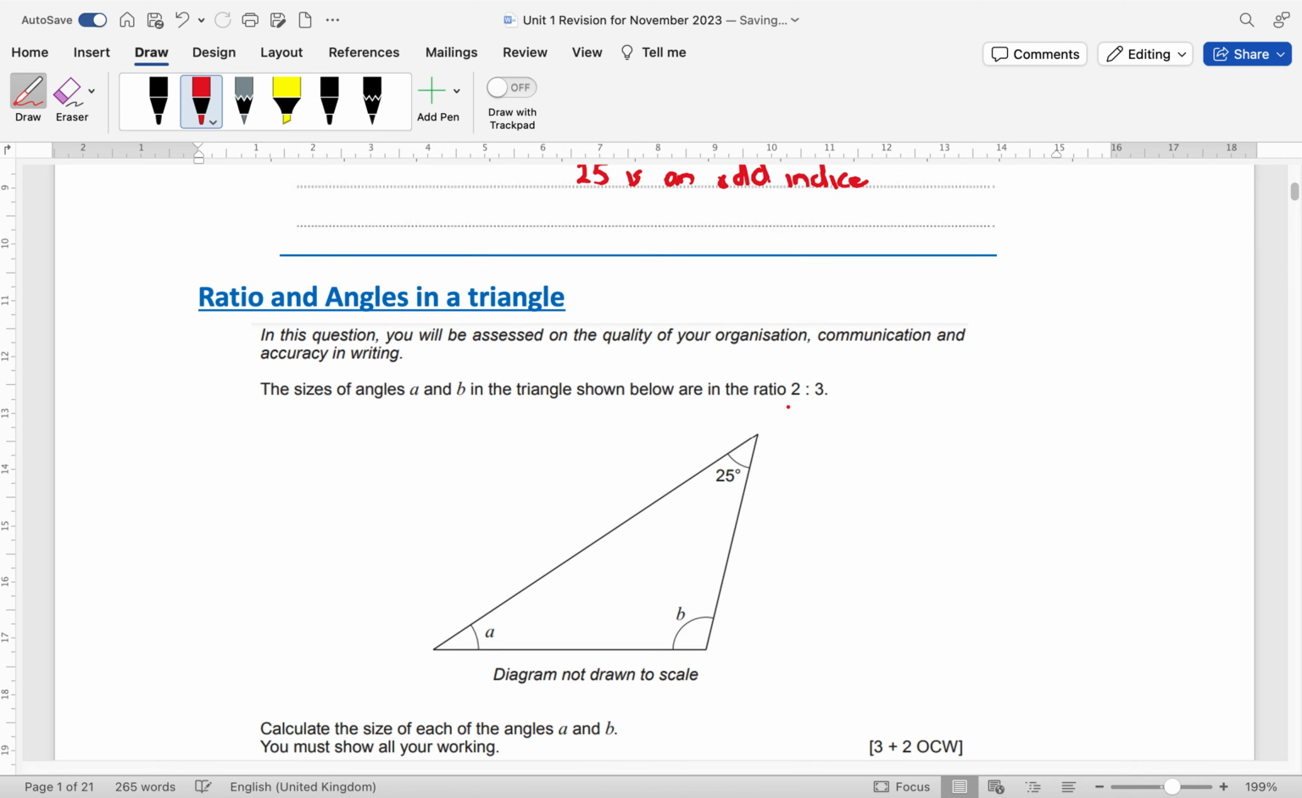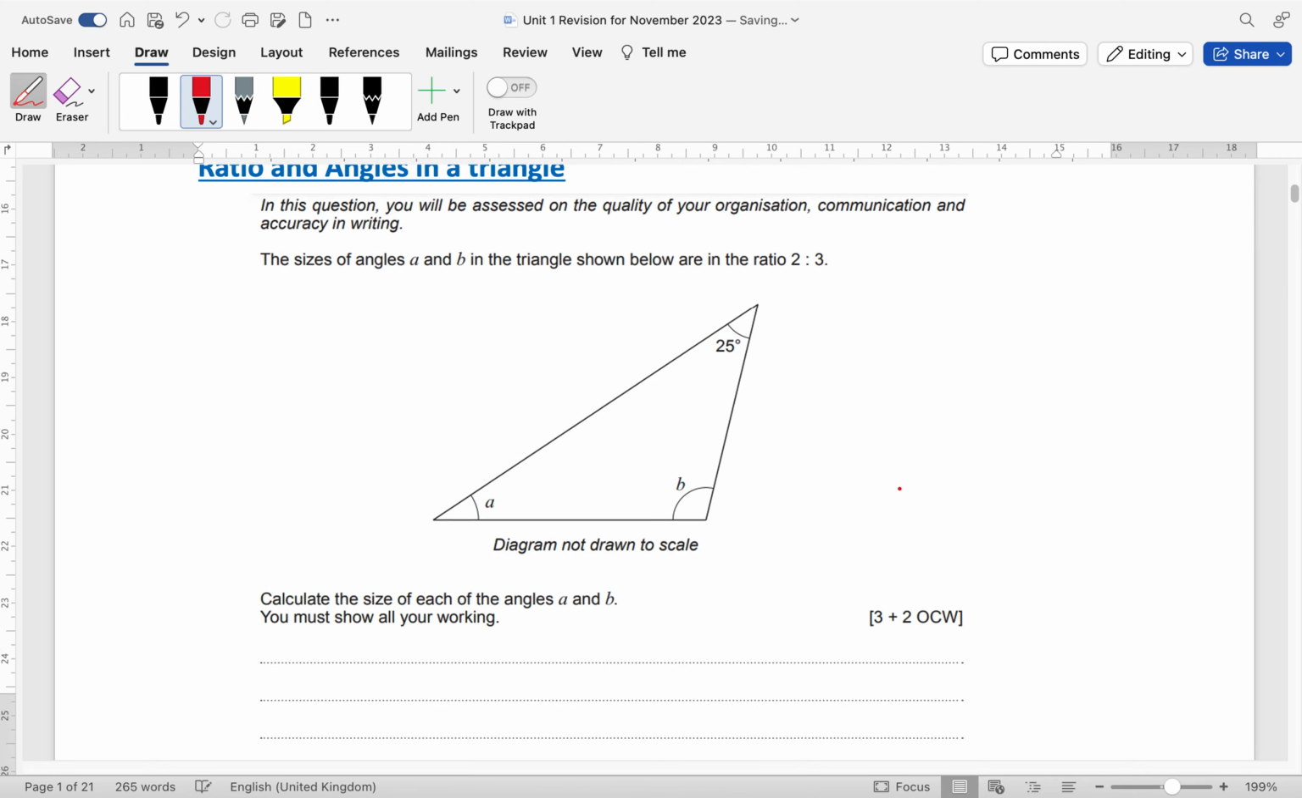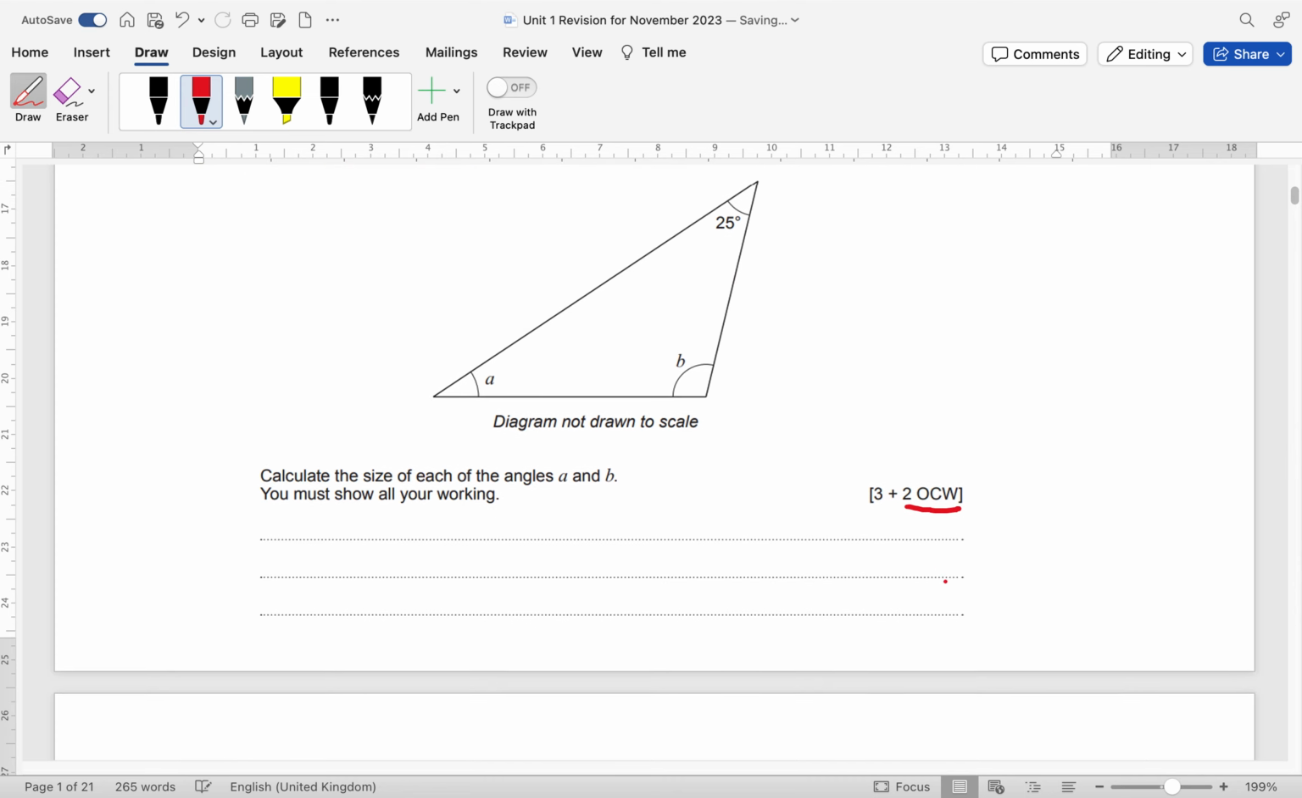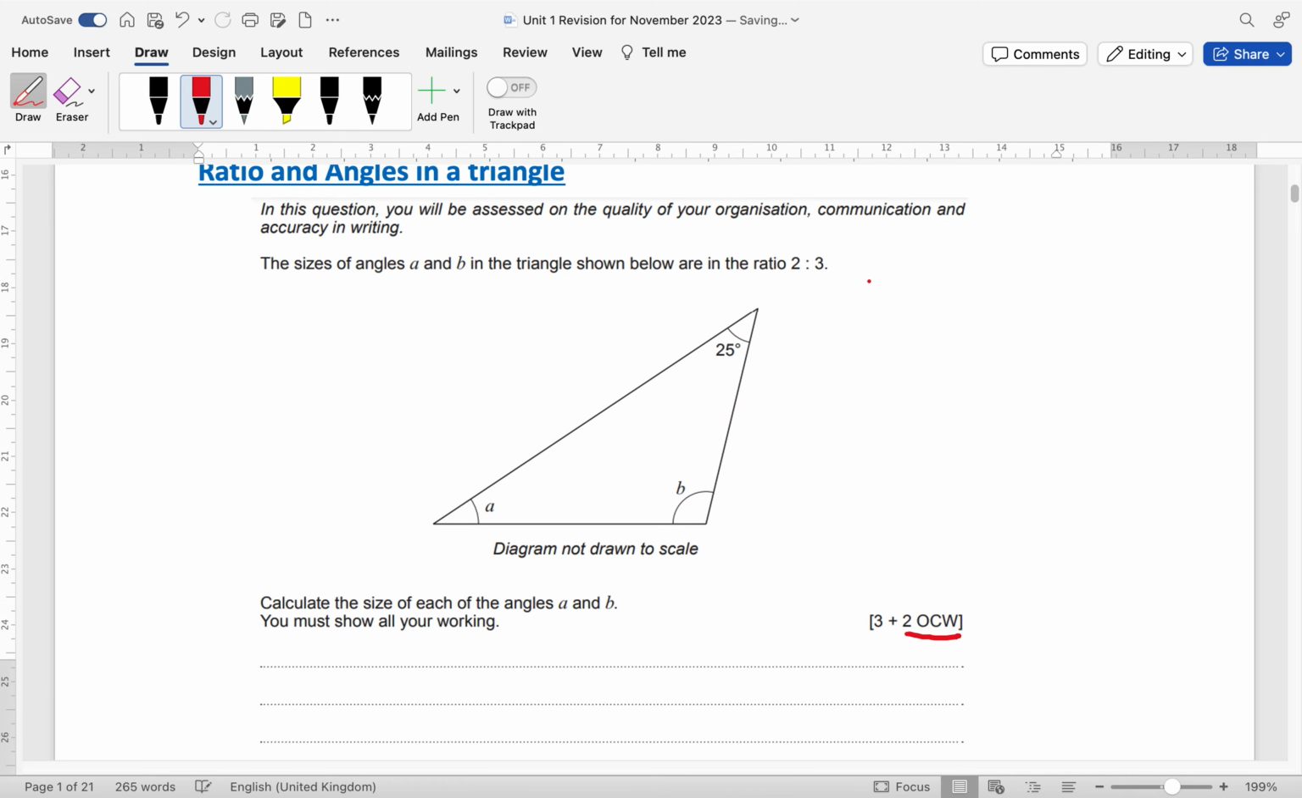Okay. A lot of people I noticed today didn't particularly like this question. Look, the OCW is this. I'm going to make sure here that I set out this properly, so I'm going to properly OCW this question. So my first bullet point is angle A and B